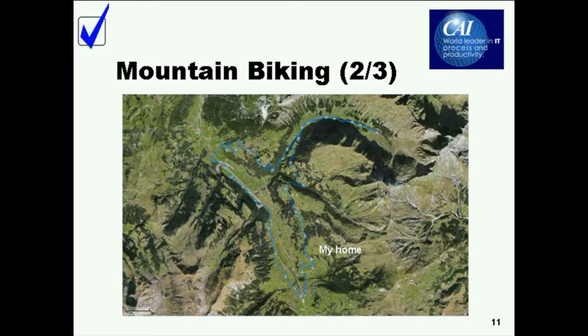This slide, as well as the next 2 slides, are from one of our workshops. We start this workshop by asking people how fit this biker is. As you can see, the biker needs more than 2 hours to cover a distance of 32 kilometers or 20 miles. This is actually my Sunday morning trip.